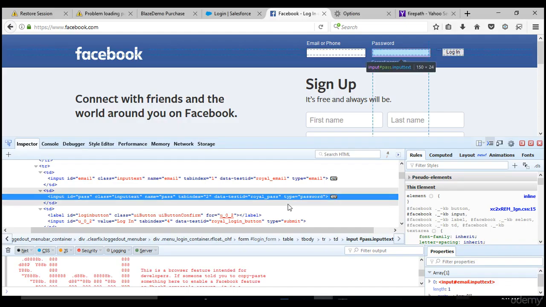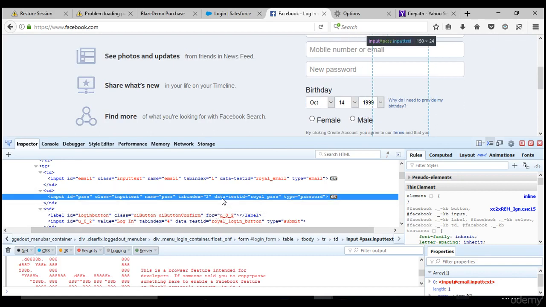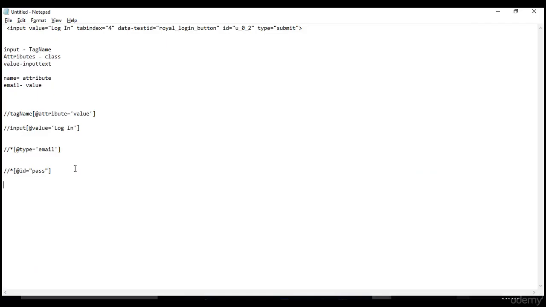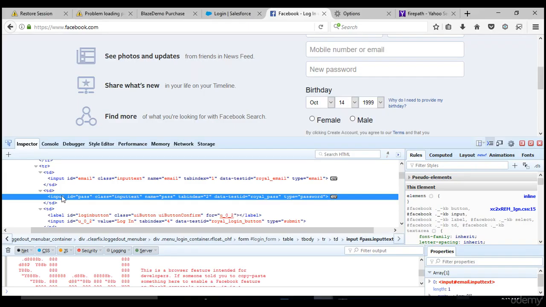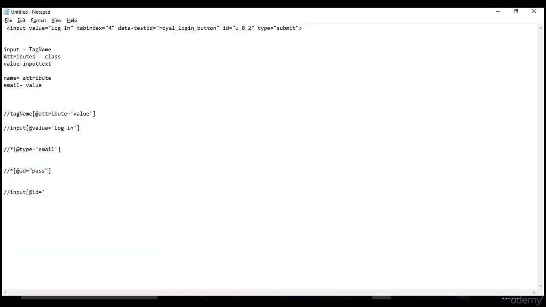Let's take name this time. So the same XPath I'll write //. If you want to put star or input, it's up to you, but better you put the tag name. At the rate, name equals pass.